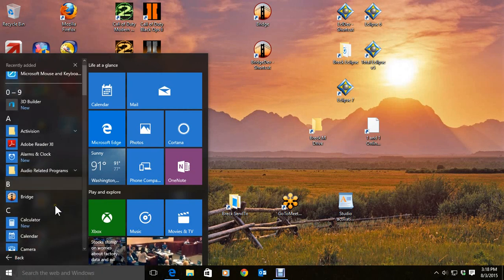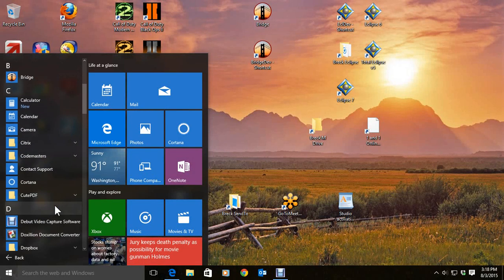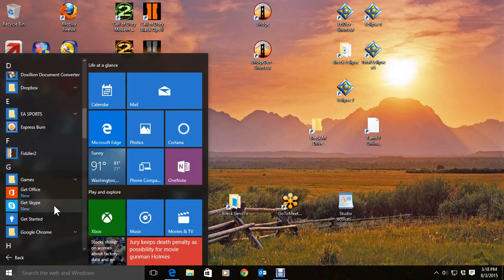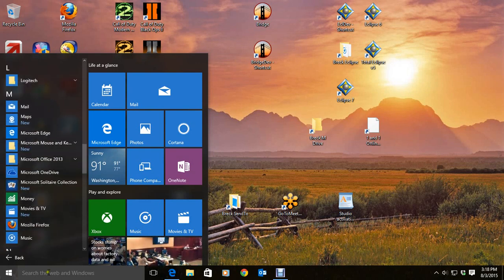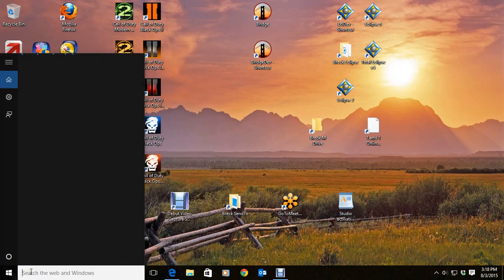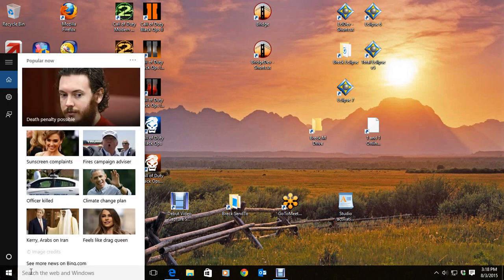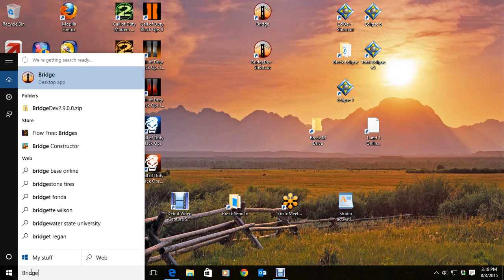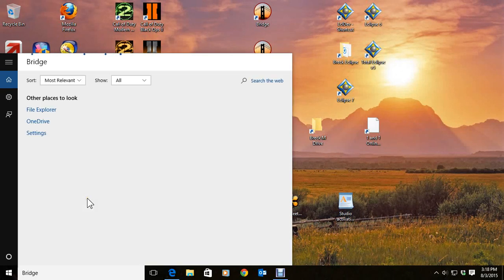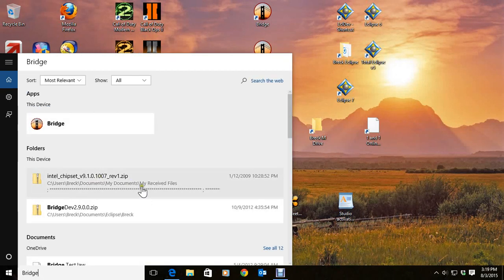Looks like it will show all the apps that are on the computer or possibly on the computer, depending on what you've got in alphabetical order. That's kind of cool. I believe you could also go to, let's see if I can do Bridge. If I can do Bridge, I can search for Bridge on my computer, my stuff, or I can search on the web. So Bridge is a viewing program that is with Eclipse. If I click on my stuff, it will just give me the things that have the word Bridge